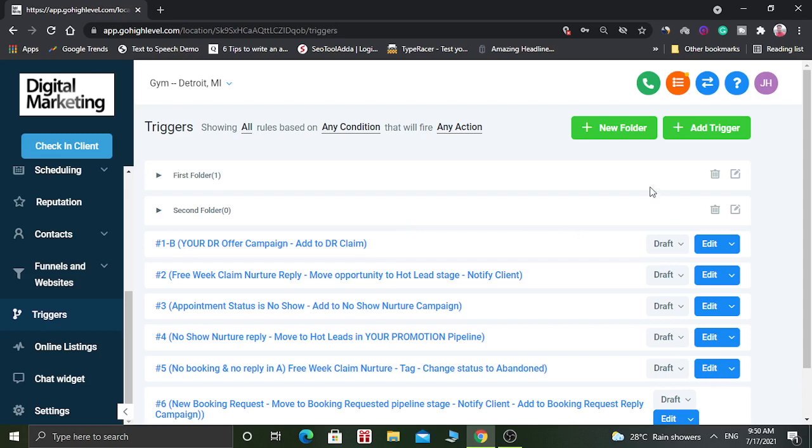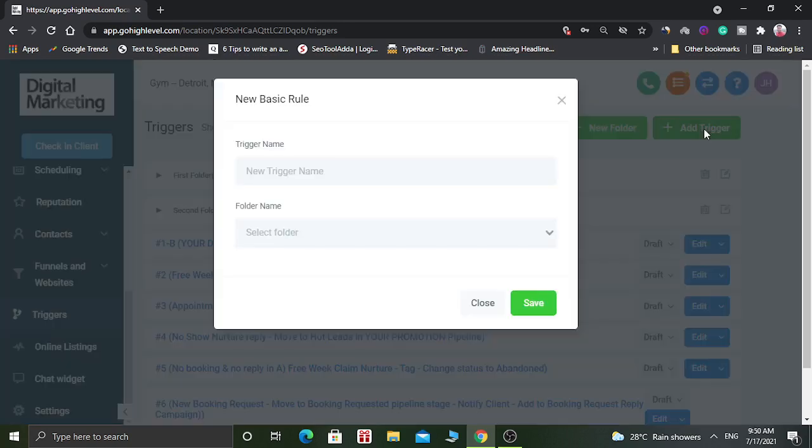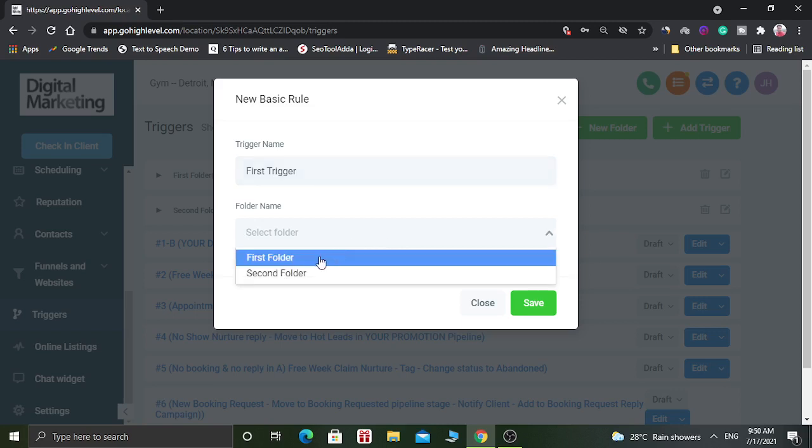So let's see what triggers are available. Now click on add trigger and give the trigger name, and select the folder in which you want to save it.